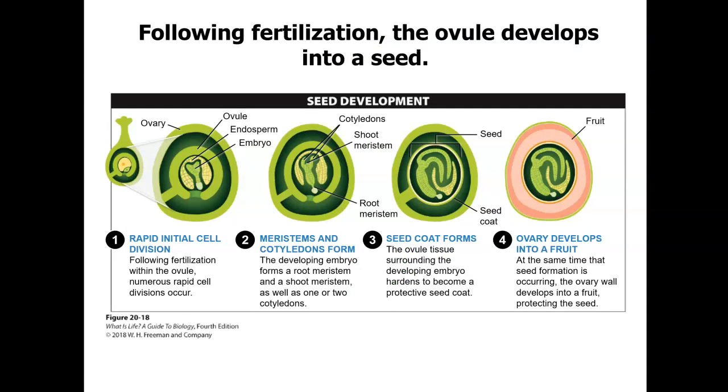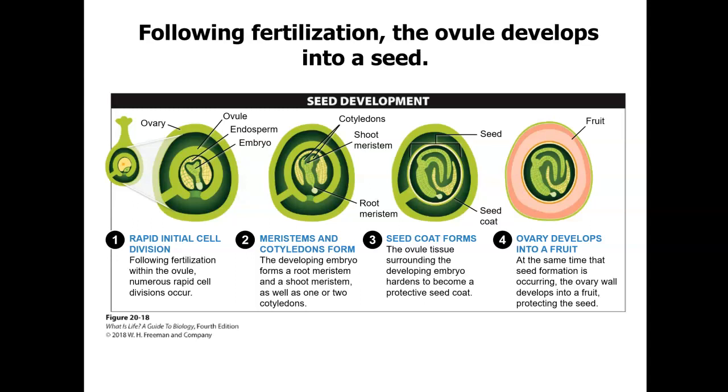Okay. So following fertilization, that ovule is then going to develop into a seed. And so here you see the rapid initial cell division. So once it's been fertilized, it's going to undergo this mitosis. Then you see the meristem and the cotyledons start to form. And that's going to be the developing embryo forming a root meristem and then a shoot meristem, as well as